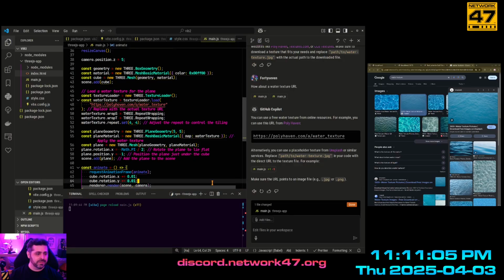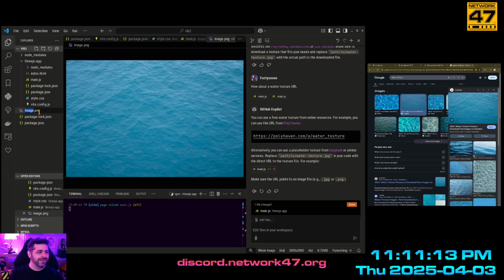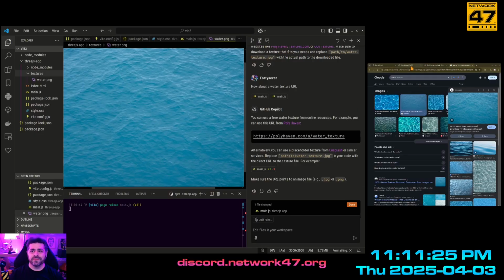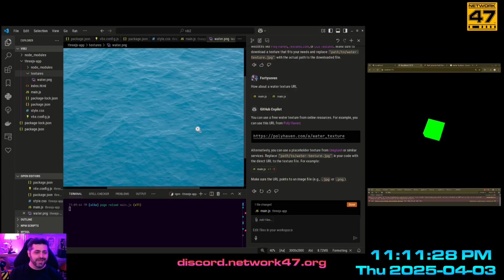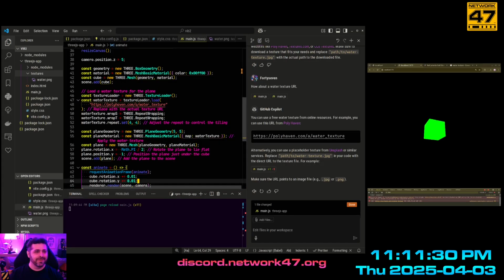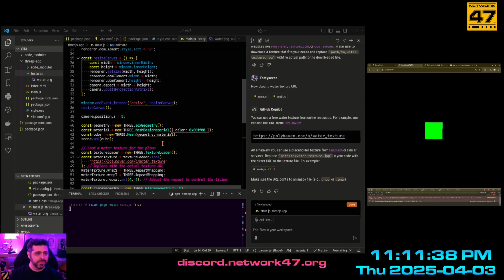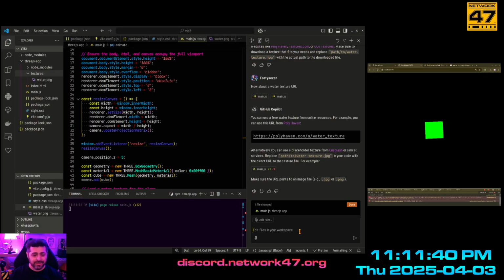Alright, can I just... Yeah, I want to paste that image. There we go. Look at that. Nice and lazy. So now we're going to create a textures folder. It created it all last time. This is significantly less impressive than the first time I did this. Alright, so we saved that. We're going to reload. Oh, I got to get the URL out of there. Oh wait, no, what am I doing? I should be telling it to do it.